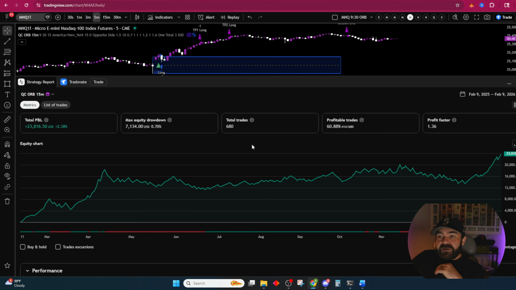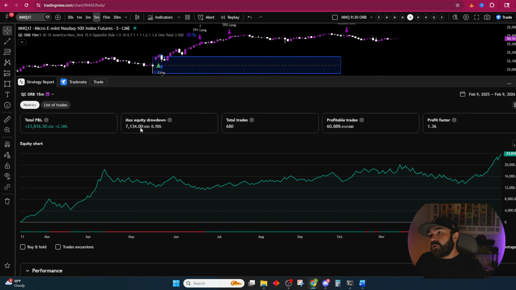So there's a lot of good we can take from this. There's also some bad, so let's address the bad. If you're using a prop firm, over 365 days of trading, not technically, that's 365 calendar days, however many trading days they are, 230 something, let's say, your max equity drawdown, meaning the most that this strategy would have lost in totality over the course of 365 days, is